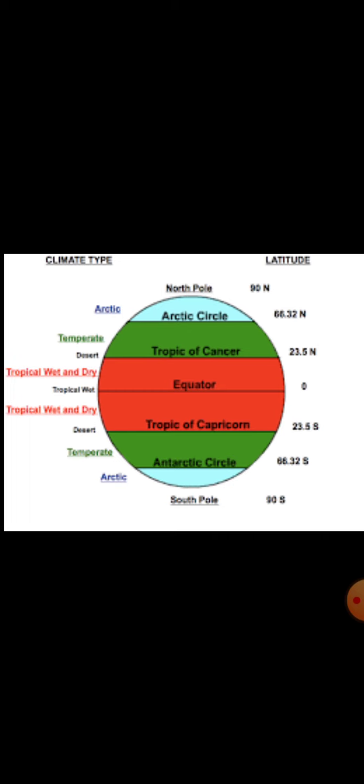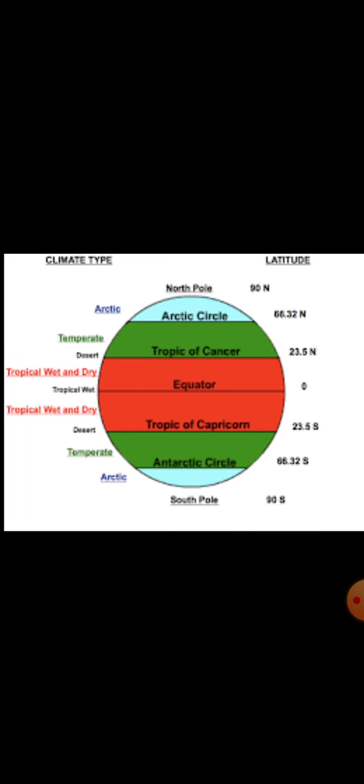Here the sun rays will be directly falling, so it will be very hot, and these are known as heat zones. And what is subtropical region? 23 and a half degree north to 35 to 38 degree north, that is the green part given here, that part is known as subtropical region. Same, come to the south, 23 and a half degrees south to 33 to 35 degrees south, that green color part is known as subtropical region.